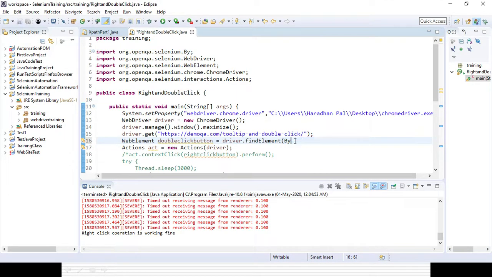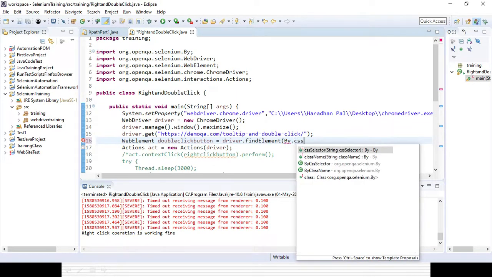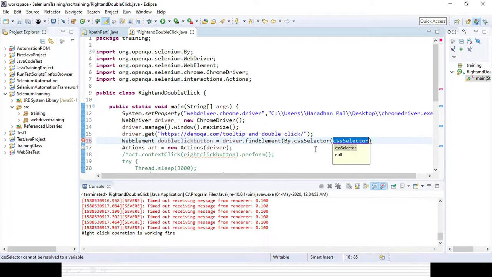By ID dot CSS selector, and I am changing it to CSS selector. So that's why you can use XPath, ID or CSS selector. In case ID was not available, obviously you have to create the CSS selector, but ID is available, you can use the ID as well.